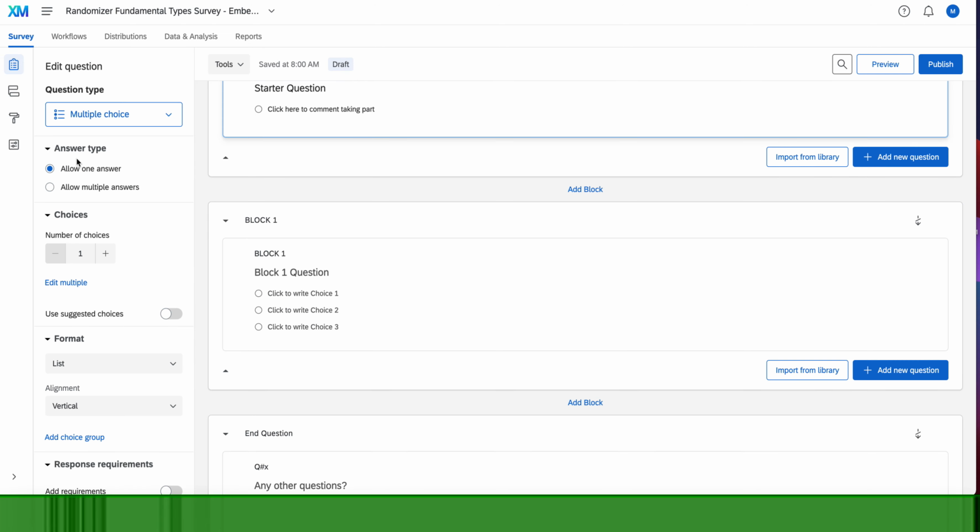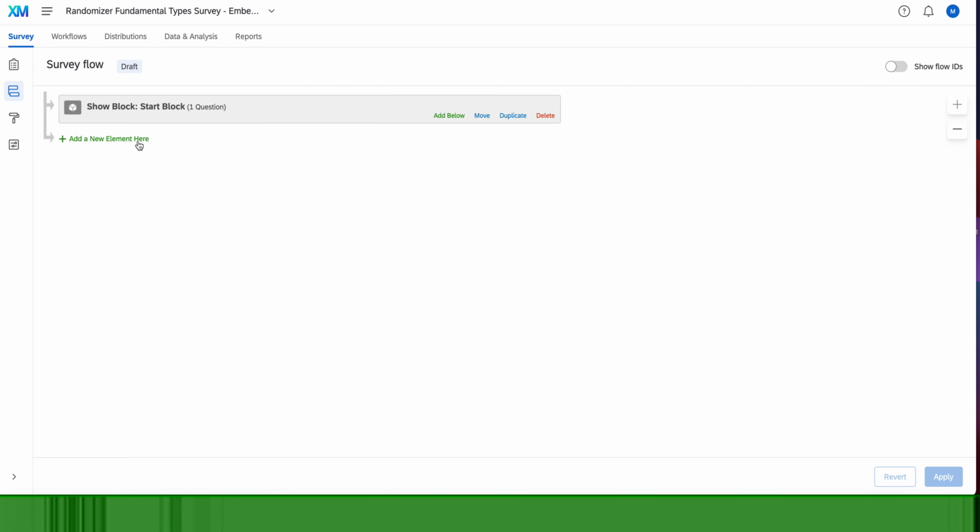Okay, so we're going to have to go over to the survey flow. If you can see over to the left, the little icon with the blocks. And I kind of pulled a trick. I went ahead and I deleted the blocks out in front the way they're represented. I'm going to go ahead and show you how to set this up. So this is our start block, and I'm going to add an element